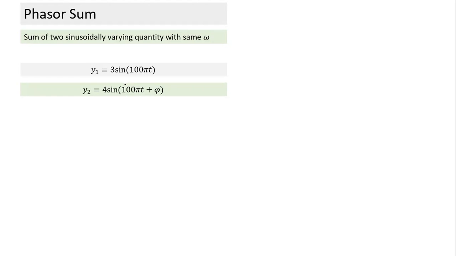The second thing we need to understand is which quantity is leading and which is lagging. If both are expressed as sine functions, we can say this phase is positive. So basically we can say y2 leads y1 by phi, depending on the phi value given. If phi is positive, y2 leads y1. If you draw the phasor also, whichever way I draw the phasor of y1, y2 will always be ahead by phi.